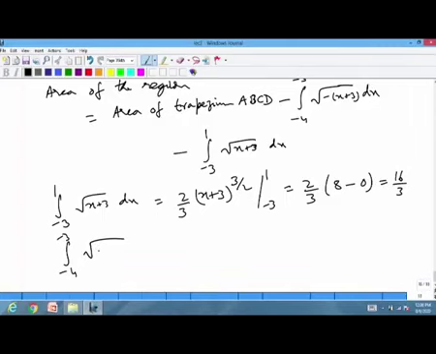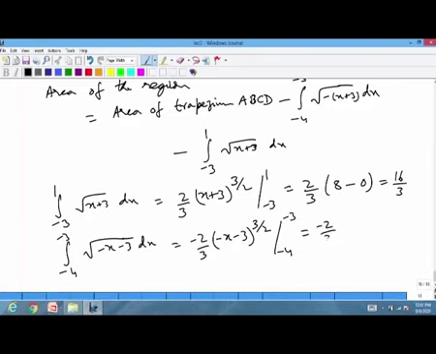of square root of minus x minus 3 dx, this will be equal to minus x minus 3 raised to power 3 by 2, then we have minus 2 by 3 from minus 4 to minus 3. This is minus 2 by 3 times, at x equal to minus 3, this is 0, minus, when we put x equal to minus 4, this will be equal to 1. So, this is equal to 2 by 3,